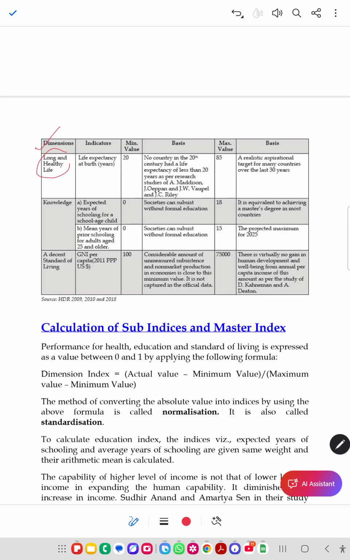Dimension is long and healthy life. Indicator: life expectancy at birth. Minimum value is 20 and maximum value is 85. What is the basis? No country in the 20th century had life expectancy less than 20 years, as per research studies of A.M. Madison,